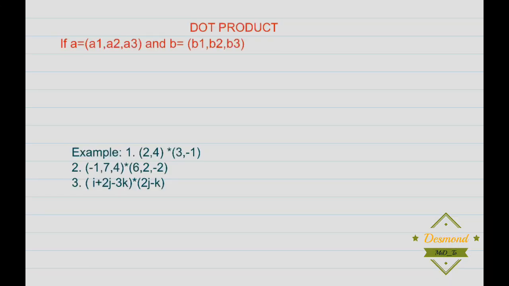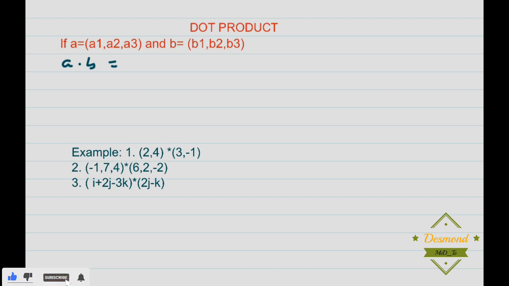In this video, we're going to talk about the dot product. So if we have A, which is equal to (A1, A2, A3), and B, which is equal to (B1, B2, B3), then the dot product of A and B is given by A dot B, which is equal to